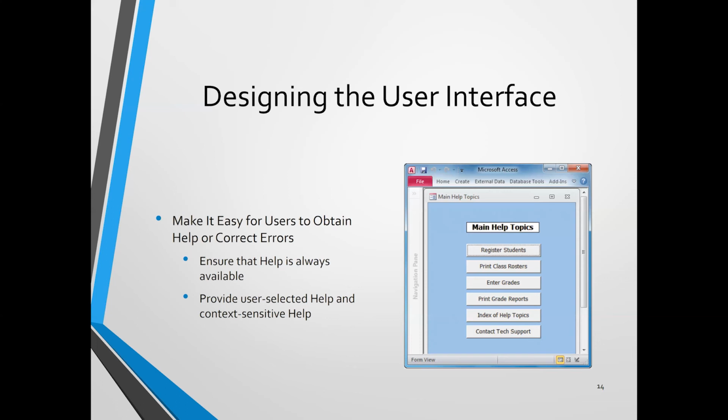So that means sometimes the user may just click on help and then search for some topic or some questions that they want to know. That is user-selected help. And context-sensitive help means that if users get some problem, for example if they click log in